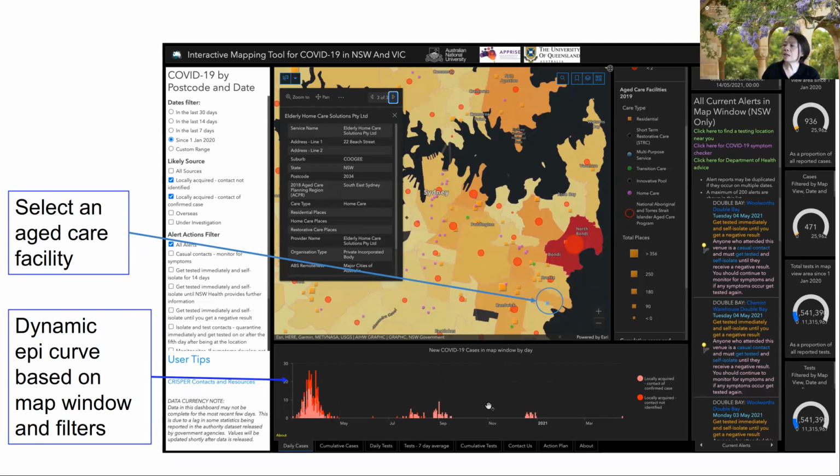So this sort of tool could potentially be useful, say if you're a GP and your clinic is here and your patients mostly come from around there, and these are the nursing homes that you look after. You can see what sort of activity there has been in the recent 7 days or 14 days, and filter by various time periods. Also by the locally acquired cases, which gives you an indication of what's happening with community transmission. So all the overseas acquired cases are in hotel quarantine and generally don't pose a risk to the community.